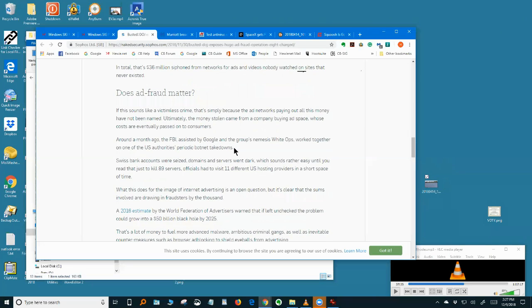So it sounds like a victimless crime simply because the ad networks paying out all this money have not been named. Ultimately, the money stolen came from a company buying ad space whose costs are eventually passed on to the customers, which is you. Around a month ago, the FBI, assisted by Google and the group's nemesis, White Ops, worked together